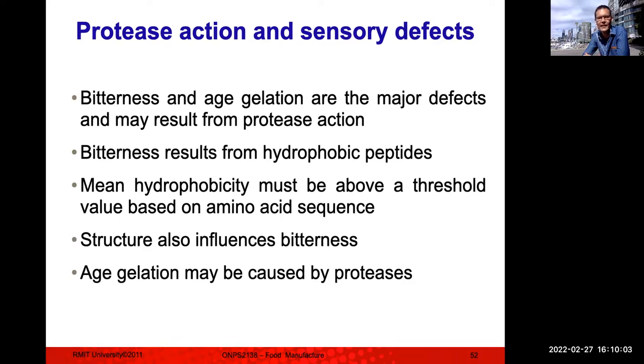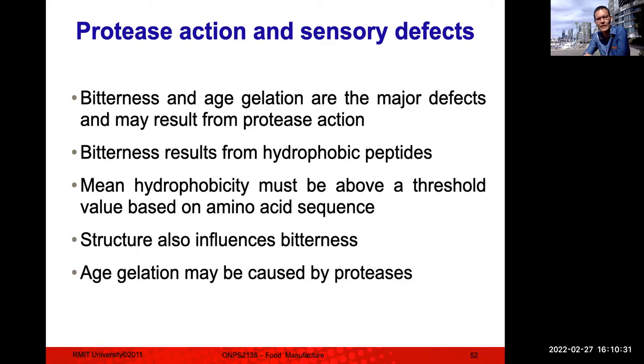Age gelation is where we have protein complexes forming by aggregation of specific proteins, such as casein and beta-lactoglobulin. And it's hydrophobic peptides which can have a bitter flavor. And if you've got a high concentration of those, then you can have the bitterness